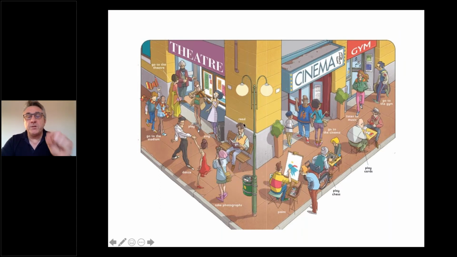Maybe you could put those expressions, go to the cinema, listen to music, in your own spinner. So then you're combining pronouns with these expressions. Maybe you can combine it with the name picker. So it randomly picks a name, and then suddenly Bob has to answer. Then you have 2 more, which is they or I, and then go to the cinema. So Bob has to say they are going to the cinema. Then you can make a spinning wheel which shows tenses.